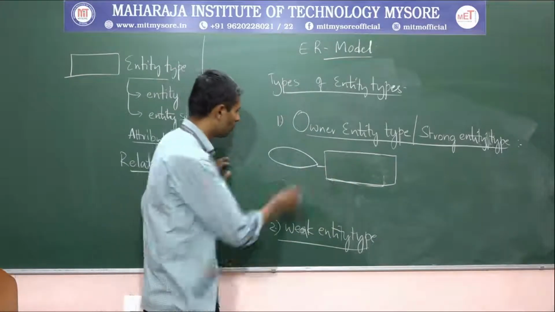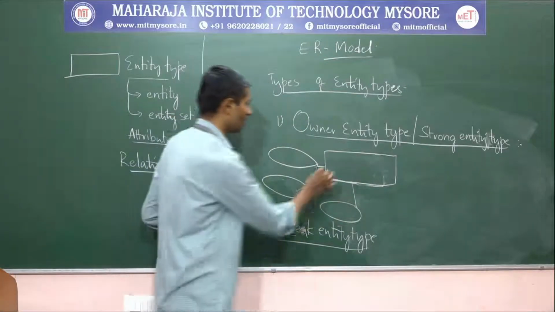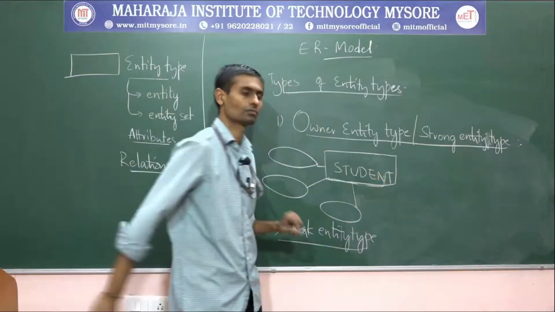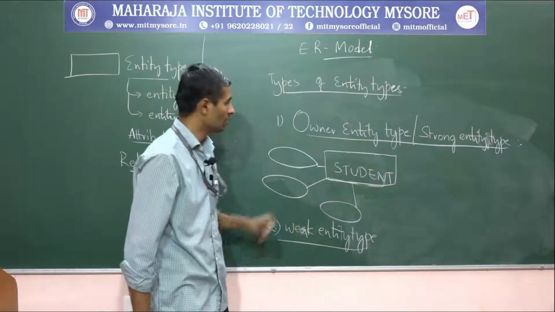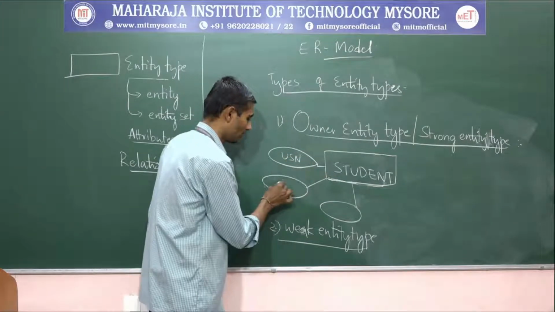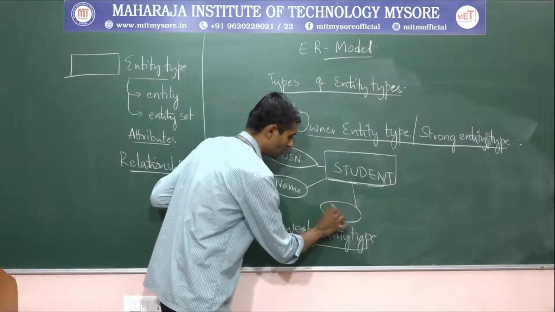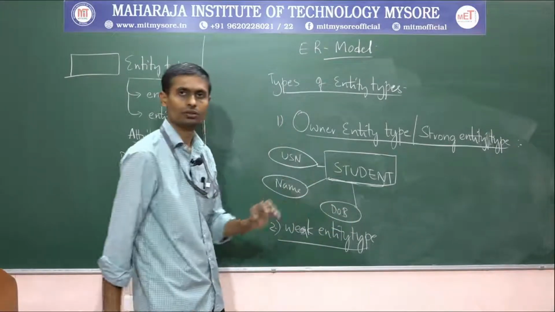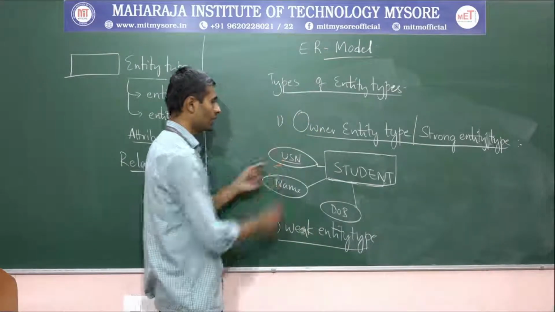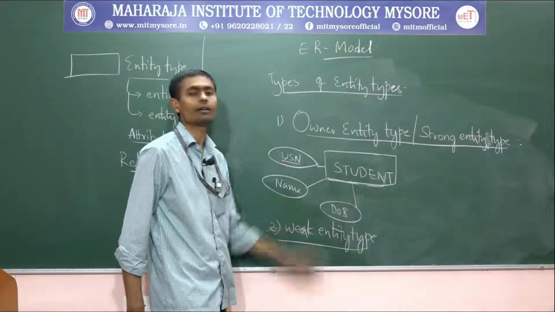This is the entity type symbol. Suppose there could be a possibility that we might have plenty of attributes. For example, if I have a student kind of entity type, and let's assume we have identified attributes like USN, name, and let's assume date of birth, three attributes. There we'll identify this USN as a key attribute, right? So with that we can easily identify uniquely each instance, each student instance of the student entity type.